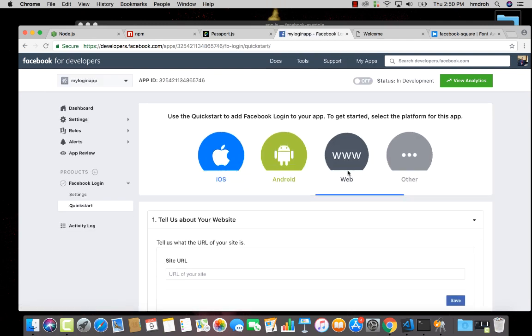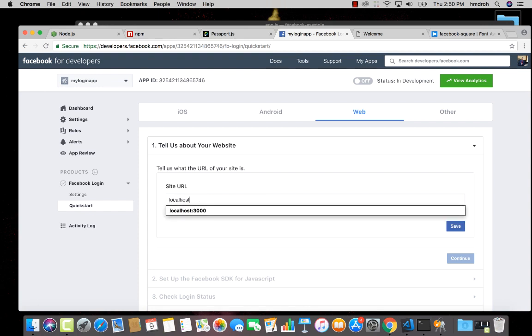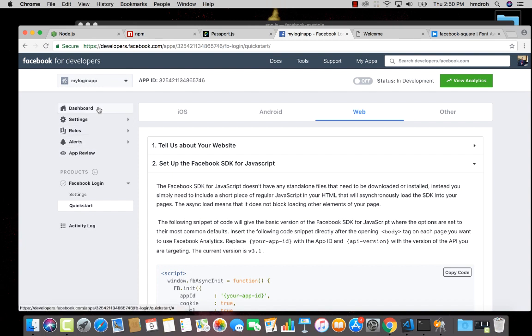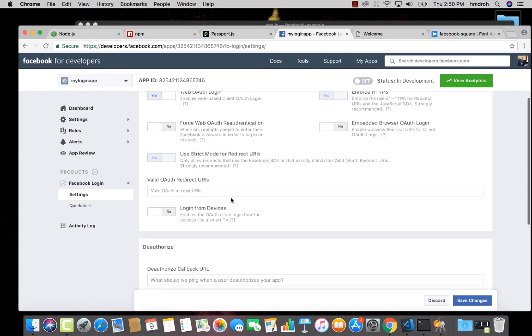In here I'm gonna use web, localhost, by the way, https://localhost:3000. Save it and continue. Now go to your settings and valid callback URL. I'm gonna use https://localhost:3000/auth/facebook/callback. I'm gonna make this link later,